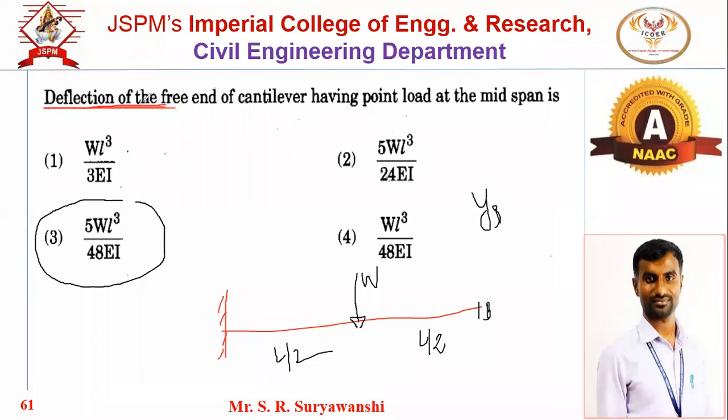Now, as we have to find out the deflection, so for what will be the first step? So actually, here we have to find out deflection. You can use any method, Macauley's method, then strain energy method, conjugate beam method, or the moment area method. But moment area method will give the answer in less time. So that's why you have to use the moment area method. Now tell me what is step number 1, step number 2, if this MCQ you have to solve using moment area method.